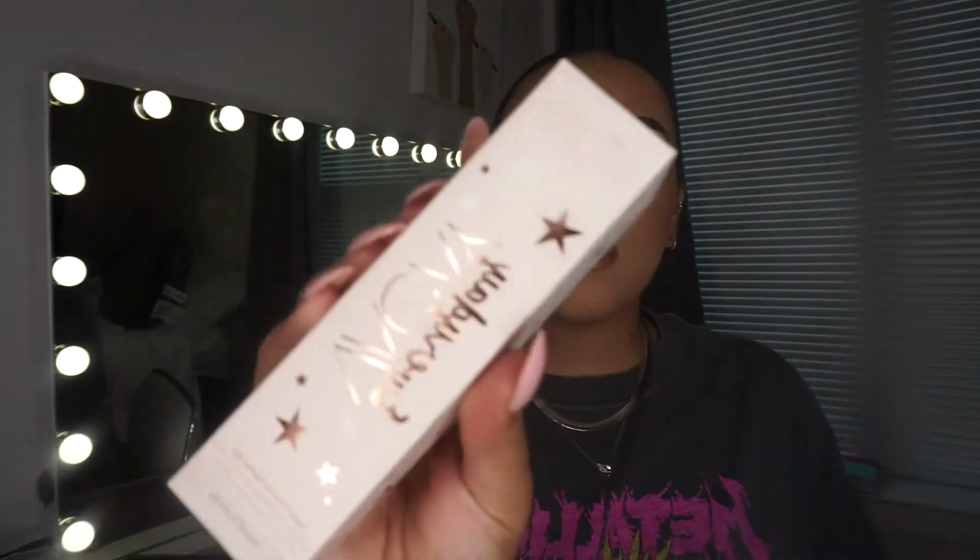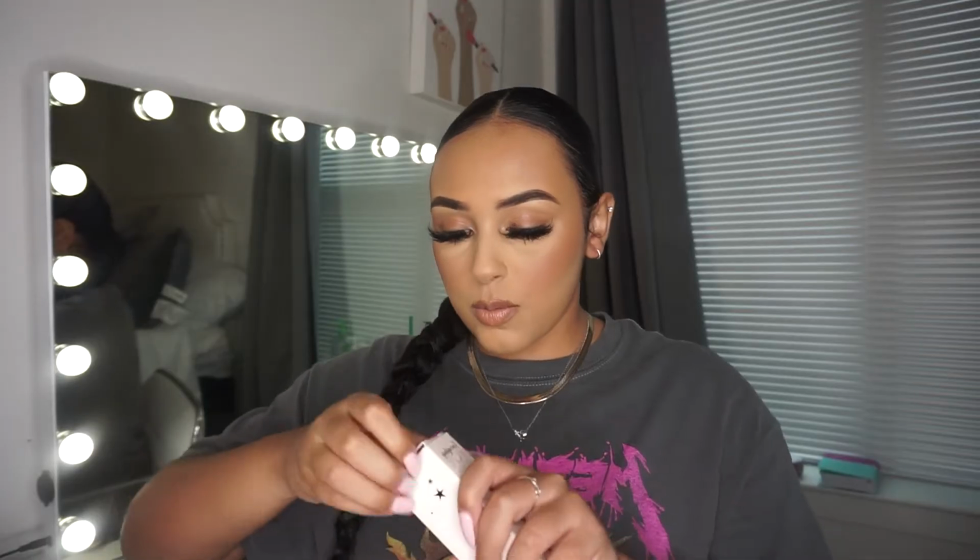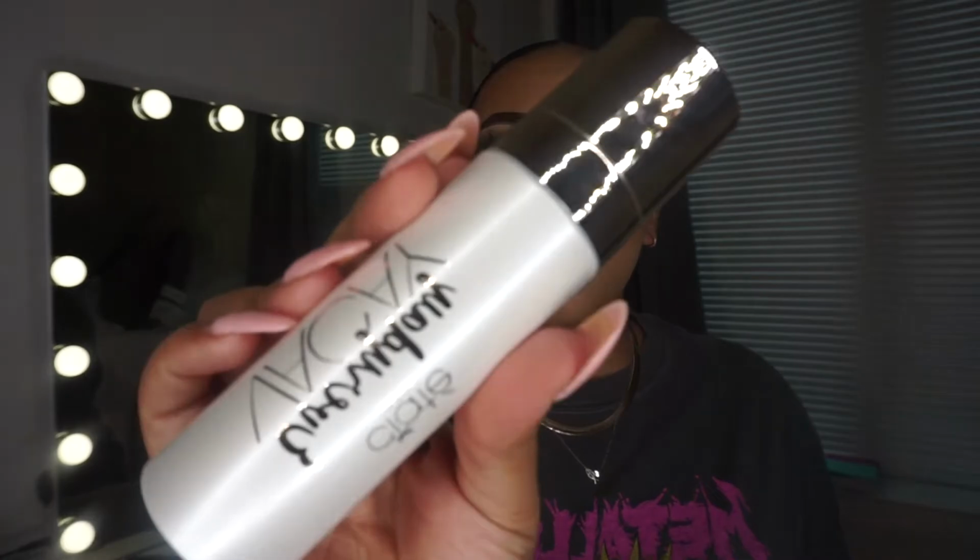And then for the next product, we got a Ciate London Everyday Vacay Dewy Coconut Setting Mist. And then you open it up. This is what it looks like when you open the bottle up. I'm scared to spray this. Oh, it smells like coconuts. Okay, I don't think I like the sprayer, but I do really love...